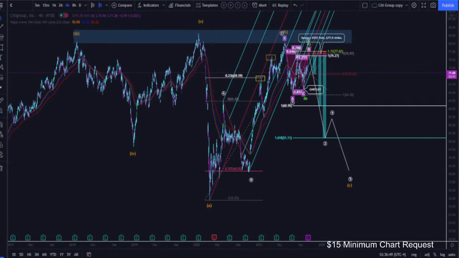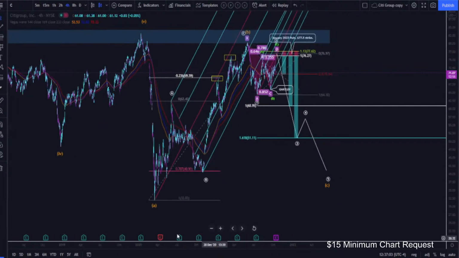So the implication would be, okay, I've got the start on it. So there's the initial move off of the reaction of coming into prior resistance or prior supply, however you want to think of it. And then I get a 3. Right. Well, in the context of that, what I end up with here is a Gartley, which was